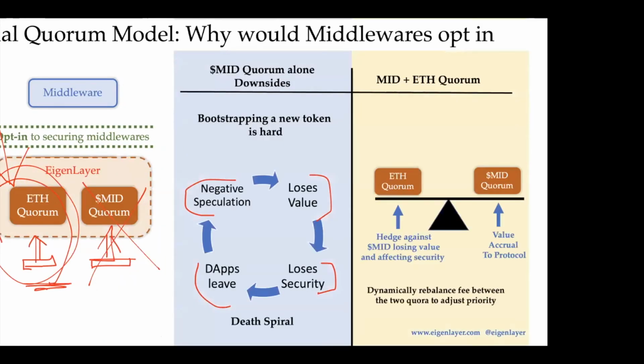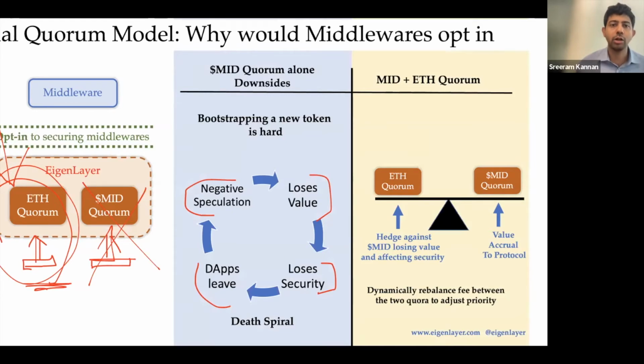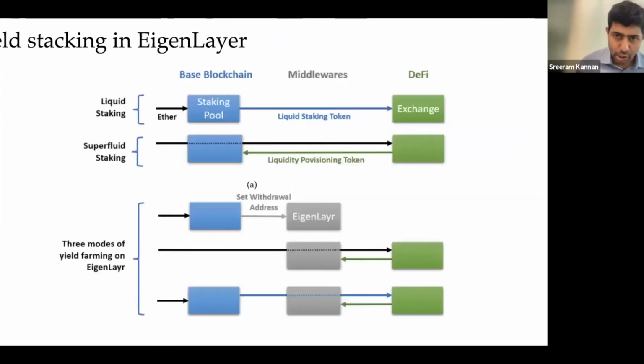Got it. Okay, so it's essentially an on-chain marketplace for supply and demand for those things that you're trying to match. That's exactly how we think about it. There are many ways of staking on EigenLayer. You can,